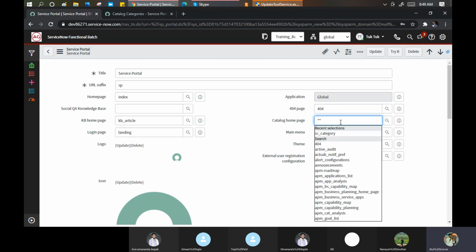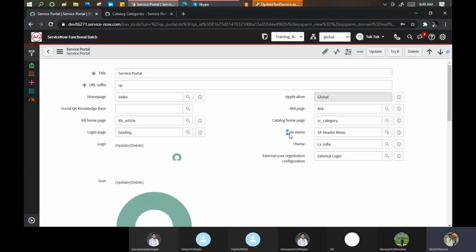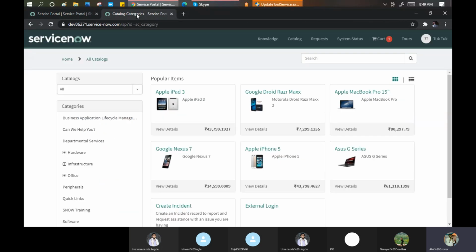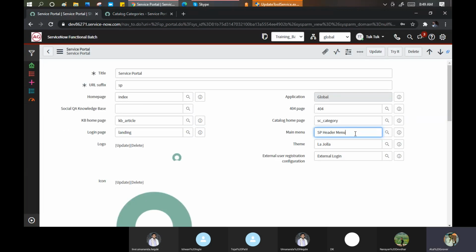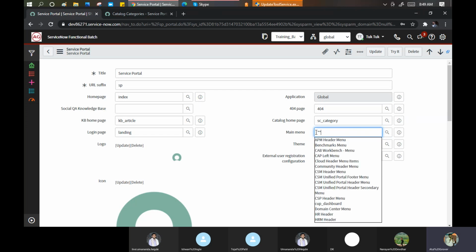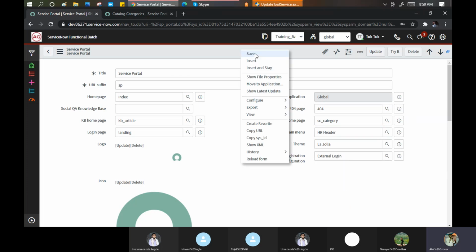Yep, same options are there. You can pick up anything. So I'll put SC category. Main menu, this is. And if you go here, SP header menu, let me change something. Instead of SP header menu, I put something else. I want to show HR header, let's take that as an example.